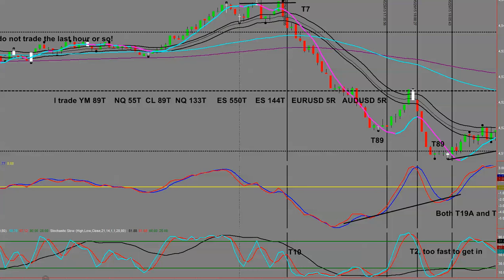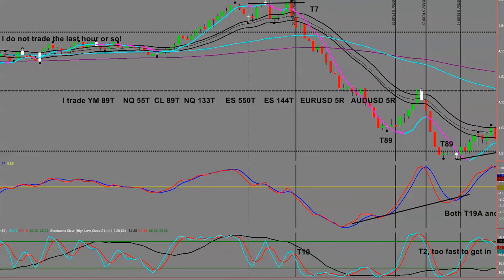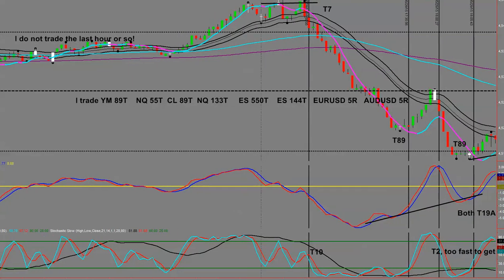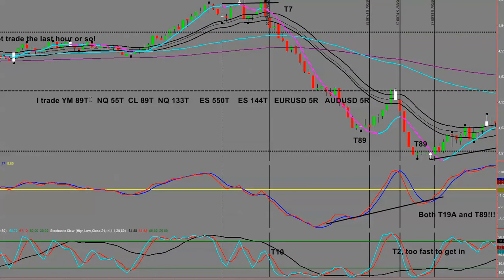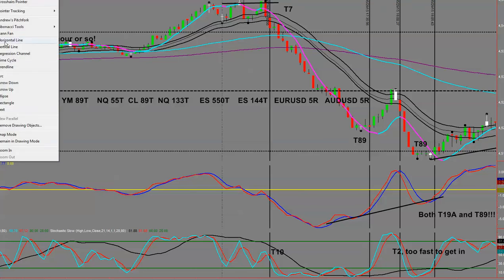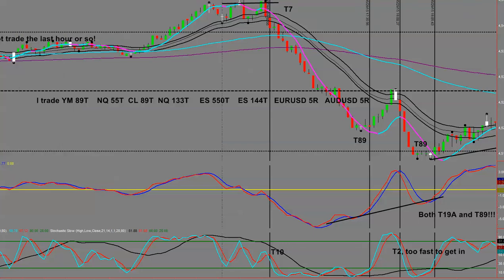It doesn't take long. Whoops, and let me just go back here so you can see this comment. Oh, you've already got that one there. So as I mentioned here, I trade the 89 tick, the YM, during the main market hours. And let me just do something here. Pointer tracking. Sorry, I just want to give you a large pointer here so you can see this, it's probably better for you. So I trade the YM89 during the live market hours, the NQ55 tick during the after hours,